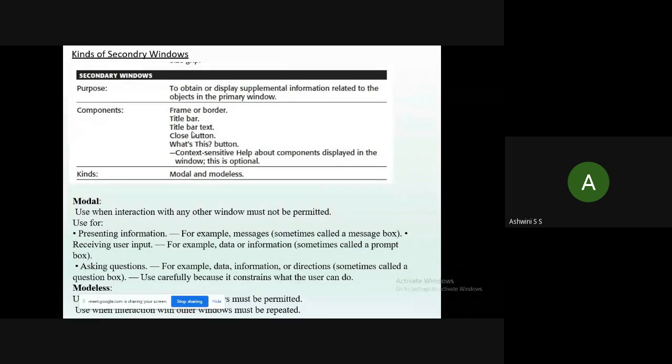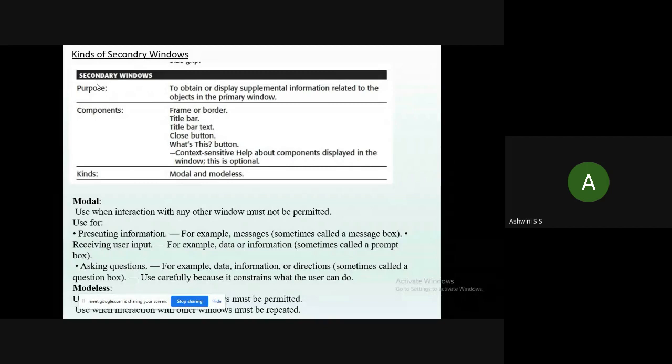That type of secondary window we call modal. It means you cannot perform any other action on the primary window until you click on the secondary window's options. Until you click on save or cancel, the main primary window cannot have any changes. That type of window we call modal.